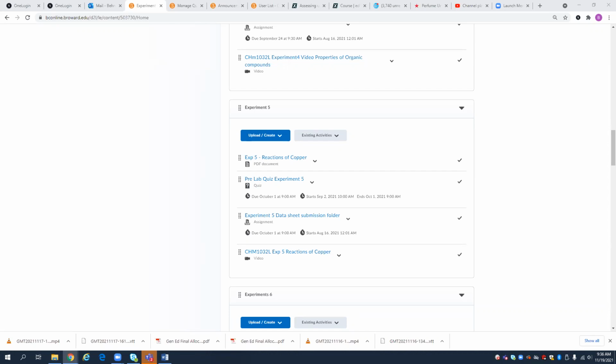For example, what happens for the reaction of copper? What happens if you don't dry the copper completely? Would you get higher percent recovery, lower percent recovery, or what would be the situation if you don't dry the